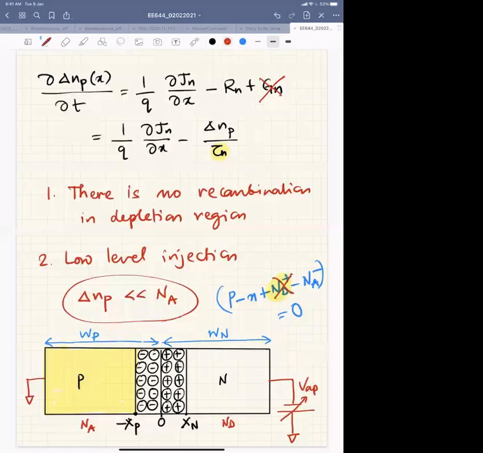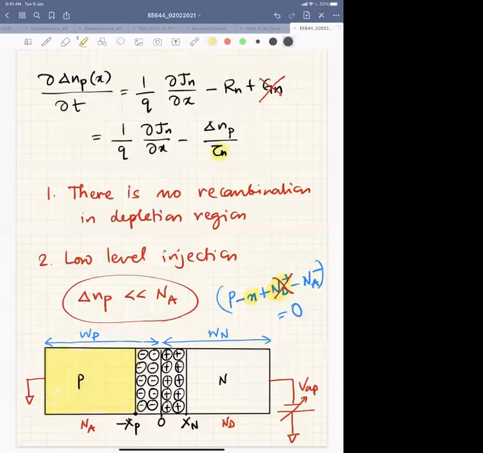So we had only p and Na minus, and assuming that your n is much lower, your hole is neutralized by this Na minus,